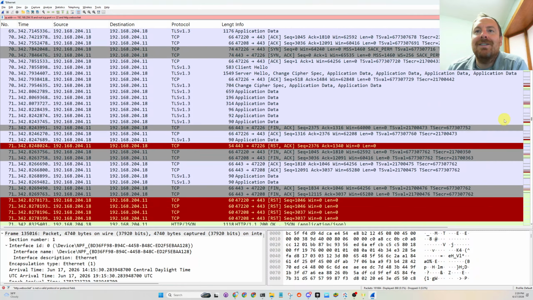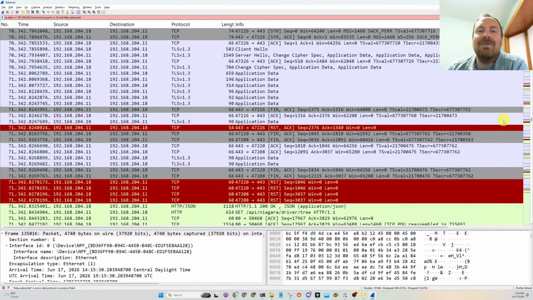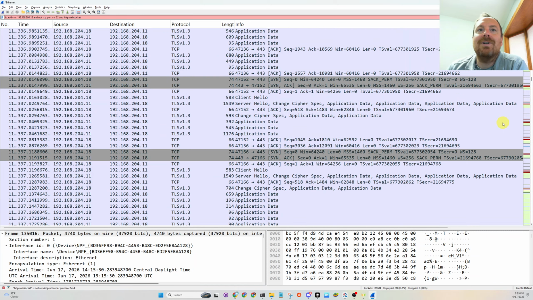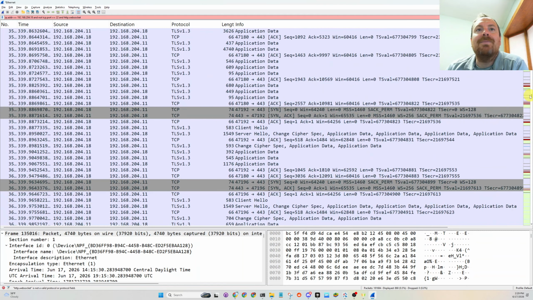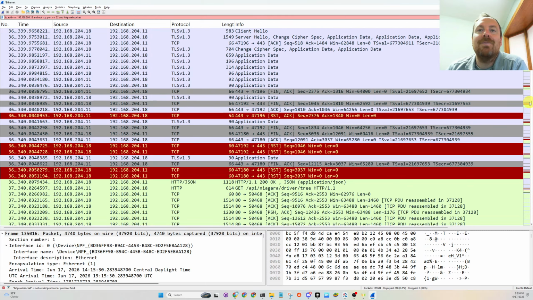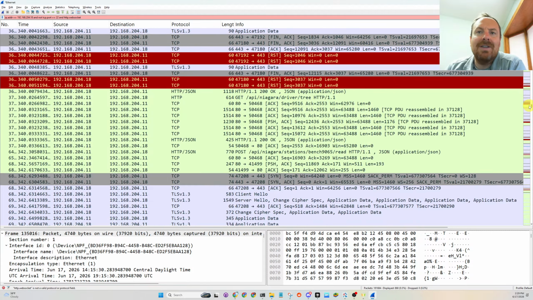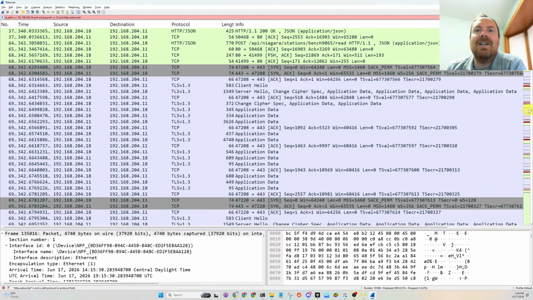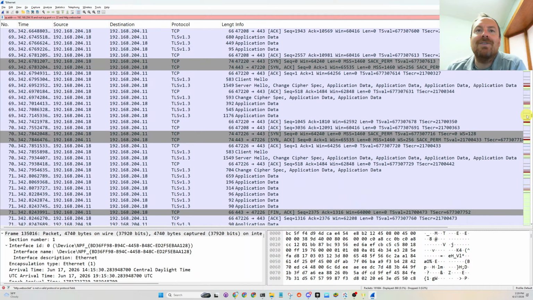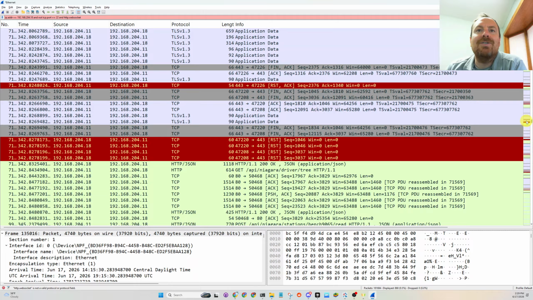So, maybe I'll post a video tomorrow. I'll get this working, and then I will do a little bit of a deeper dive on how to actually filter and find the value of a temperature sensor or something in Wireshark, because I know I can do it for BACnet, and if I can do it for BACnet, I know I can do it for